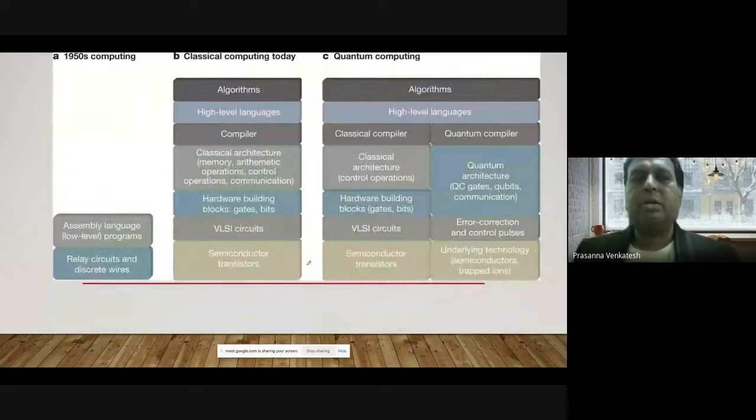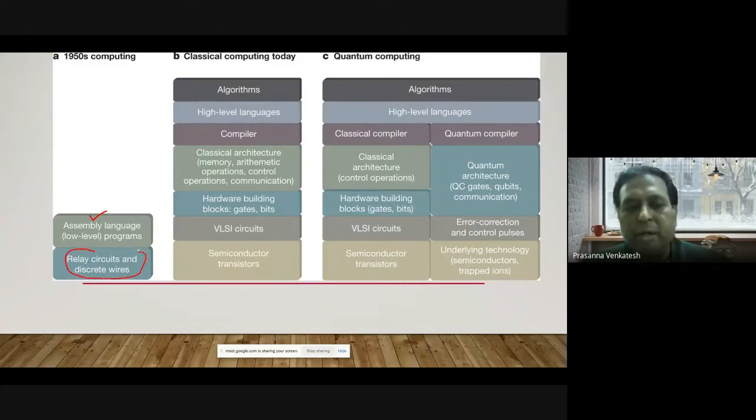This is the evolution of classical computers to quantum computers. In the 1950s, you typically wrote your program in an assembly language, and that got converted to relay circuits and executed. So we are at around the same stage in the quantum space.